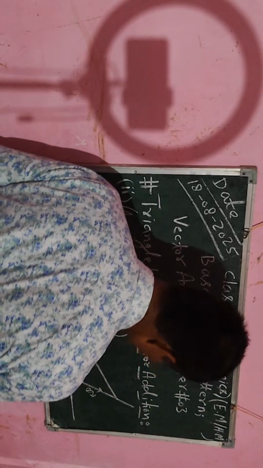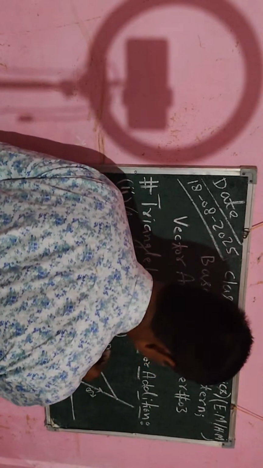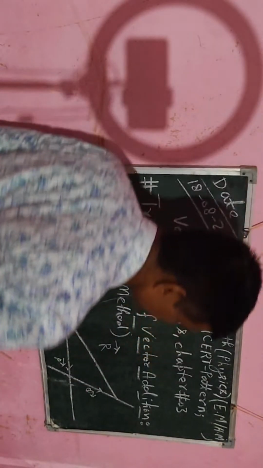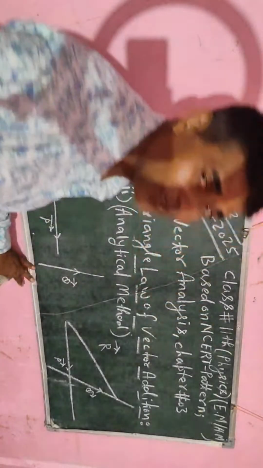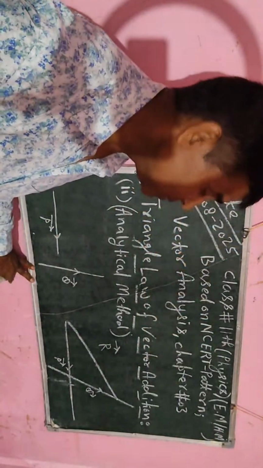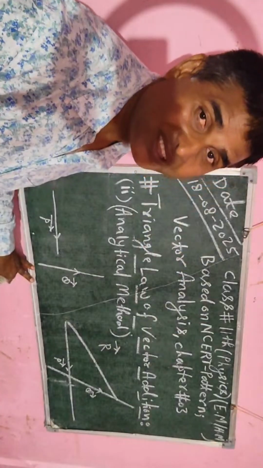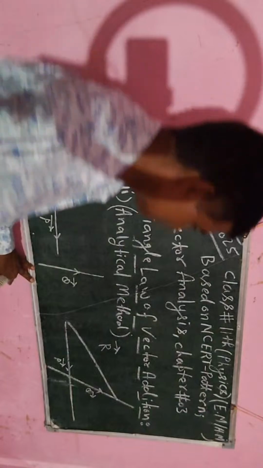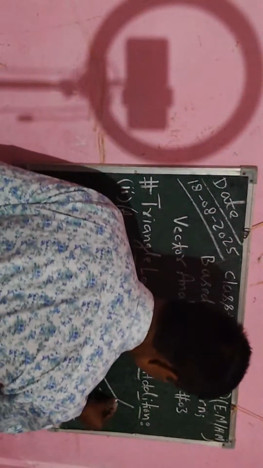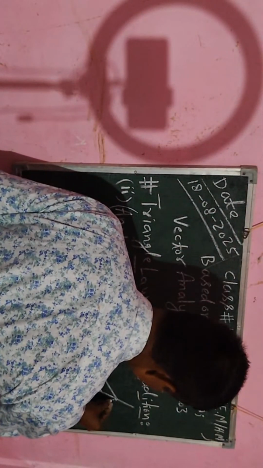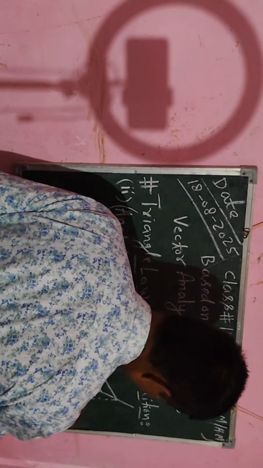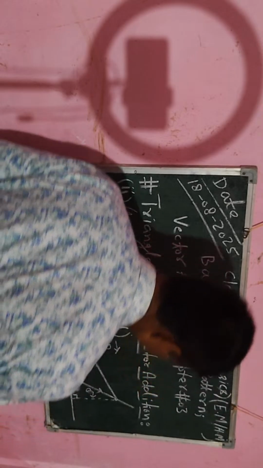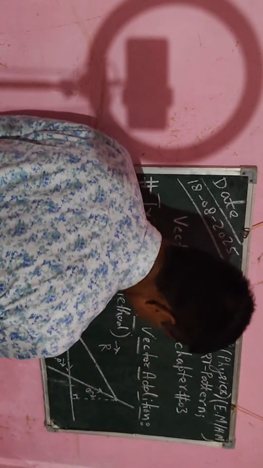ओके, तो हम इस लाइन को और एक्सटेंड करें तो इस केस में हम एक रिजल्टेंट वेक्टर बनाएंगे, और उस रिजल्टेंट वेक्टर को R से लिखेंगे। अब इसमें हमको पाइथागोरस थ्योरम यूज करना है। पाइथागोरस थ्योरम हमेशा राइट एंगल ट्रायंगल में यूज किया जाता है। एक ऐसा ट्रायंगल जिसमें एक एंगल 90 डिग्री होता है, उस केस में हम पाइथागोरस थ्योरम यूज कर सकते हैं। इसलिए इस पॉइंट से हम वेक्टर P पर परपेंडिकुलर डालेंगे, तो यहाँ 90 डिग्री हो गया।